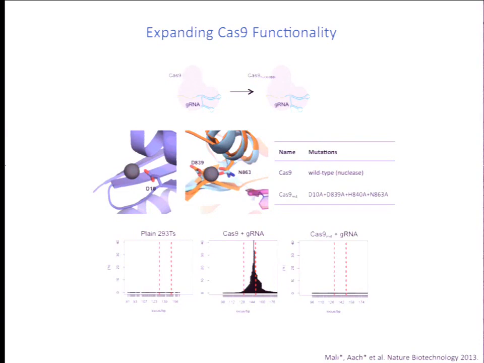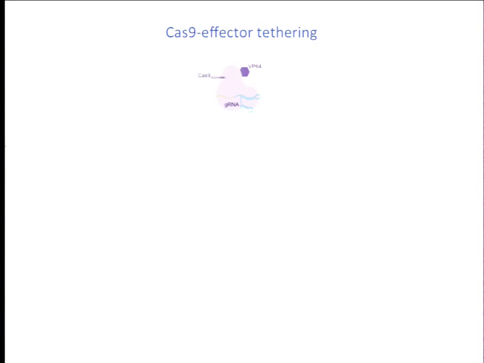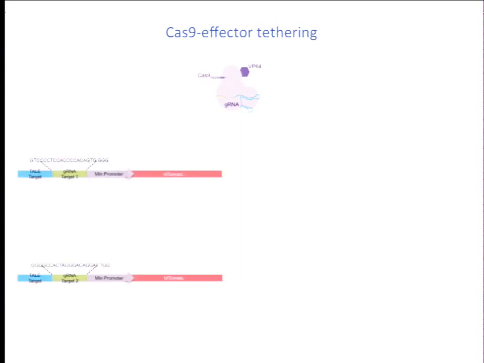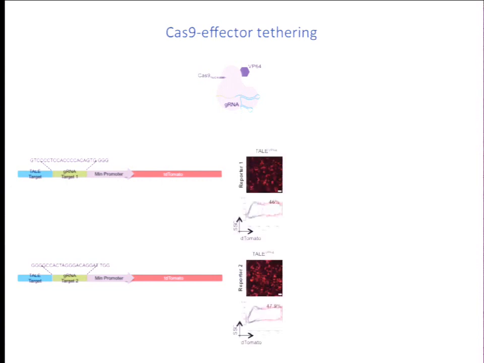But to show that it also retains RNA-guided DNA targeting ability, we next tethered the Cas9 protein with a transactivator domain, referred to here as the Vp64 activation domain. And to assay if this still functions as an RNA-guided tool, we looked at 2 reporter constructs inside human cells. The way these reporter constructs work is there's a minimum promoter that drives the fluorescent protein of interest, but upstream of the minimum promoter is a guide RNA binding site. This guide RNA binding site is unique between the 2 reporters. And upstream of the guide RNA binding site is a TAL target binding site that is shared between both reporters.